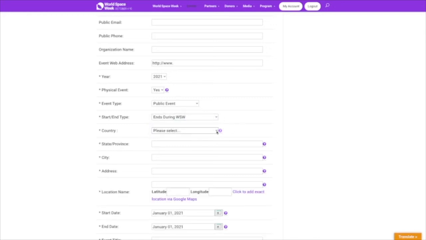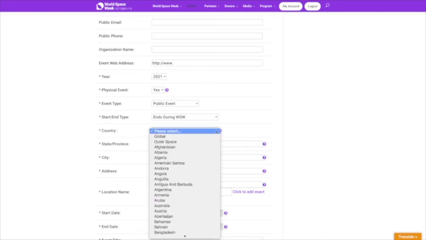So then we get to the country. Now when you click the drop-down menu, you will notice that the first two options are global and outer space. So obviously outer space is for anybody on the ISS who is running an event. And then global,